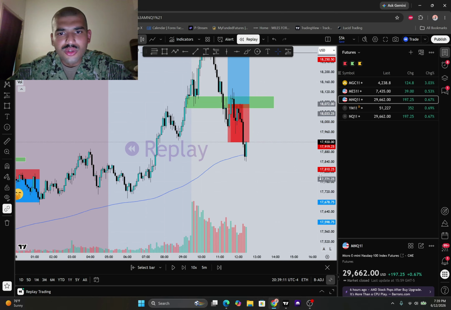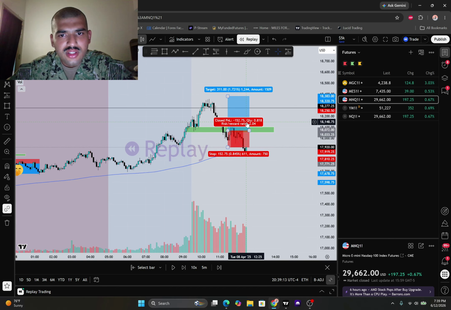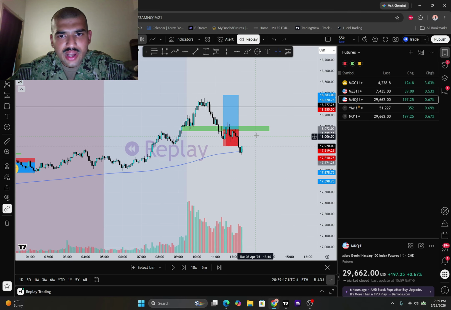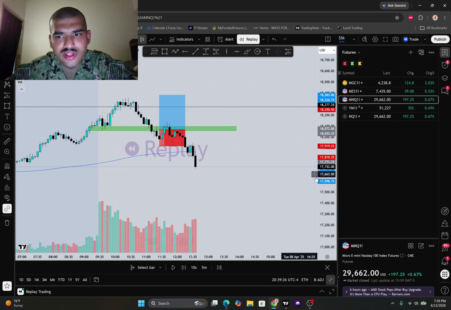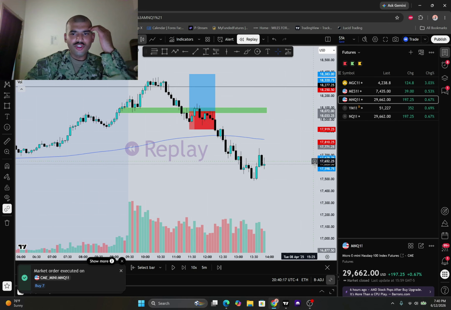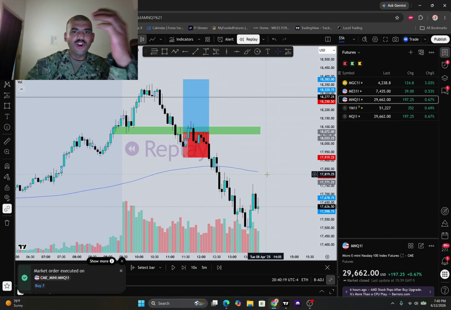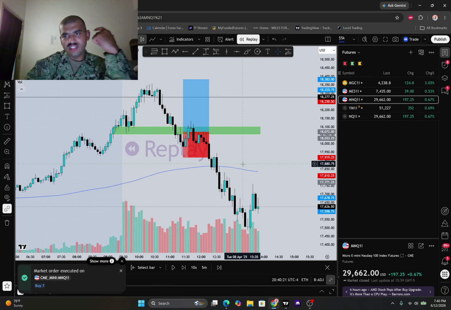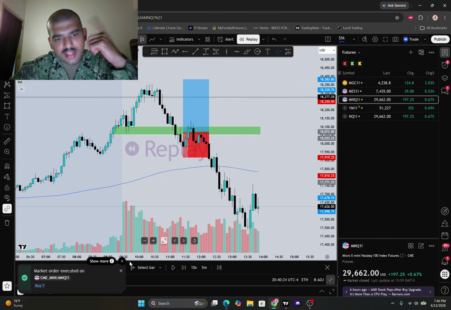So let me go ahead and close this out. Let me go ahead and draw this out like right here. But we do have a supply zone right where that demand zone or that area of support was. But price is moving down pretty hard right now. And at this point, going long on a trend change, going long when the market is going down, that's where I messed up. So lesson learned.